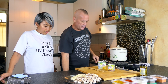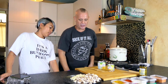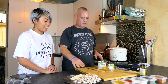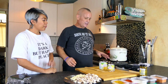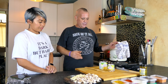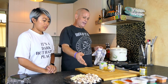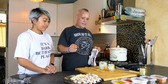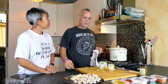Okay, so what I'm going to do now is add the mushrooms and the garlic. A lot of garlic. Yeah, but not all of it. A little bit too much. And then the corn. And I do this at the last because, well, the corn, I don't want to cook the crispiness out of it. Yeah. And the reason why I add the mushrooms is to kind of soak up the flavor of the chili juice. And the reason why I do the garlic in slices, because I'm not doing it too much for flavor. What I'm doing is to give it that extra